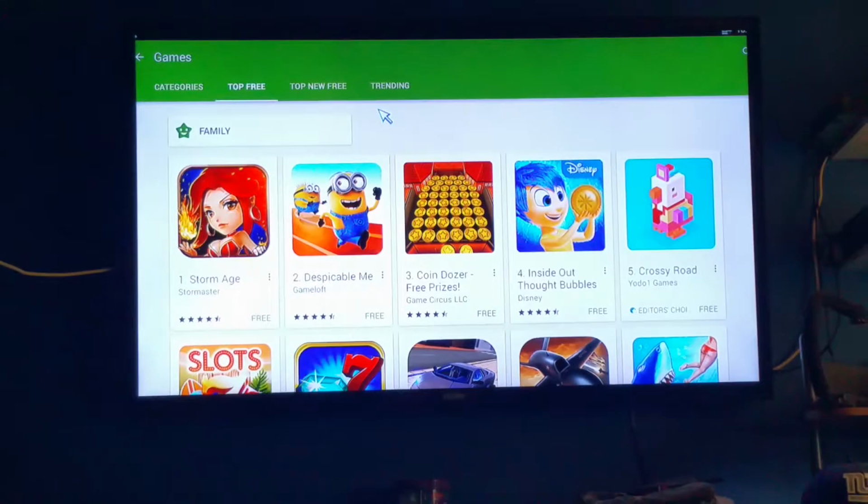Now let's go to games. This is the same app that is on your cell phone if you have Android. So every app that's on your phone, you can pretty much get on this M8. But your M8 only comes with 2 to 4 gigabytes of memory. So what you want to do is buy an SD card, which you can find on eBay. I found a 16 gig for $6-7, and having a 16 gig is like having 5 M8s, I think it was, and it gives you more space so you could download more apps and do different things with it.